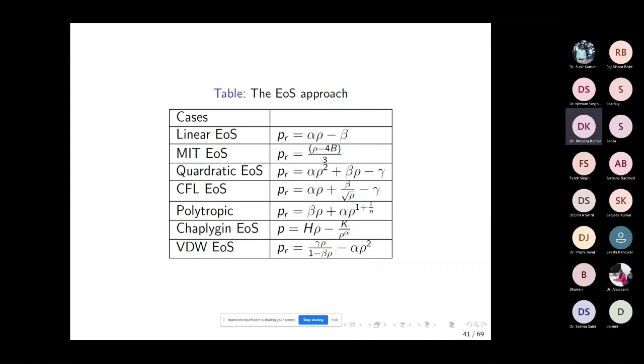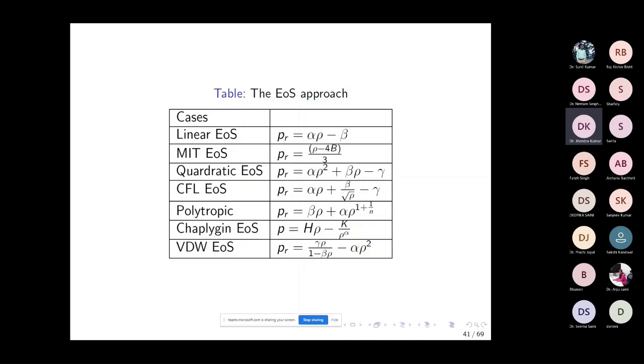Color flavored locking is a phenomenon that is normally expected to occur in ultra high density strange matter, a form of quark matter. So many authors adopted the CFL, that is color flavored locked